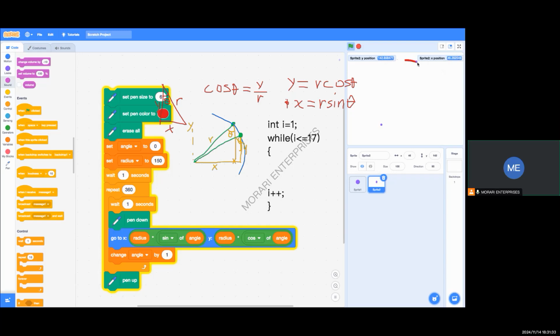Because as the angle is getting what? Bigger and bigger. So your angle is getting bigger and bigger. Your sine theta is getting bigger and bigger. And your cos theta is getting smaller and smaller. So that's also how you know the relationship between cos and sine. Like that, if you draw a triangle, a right angle triangle,